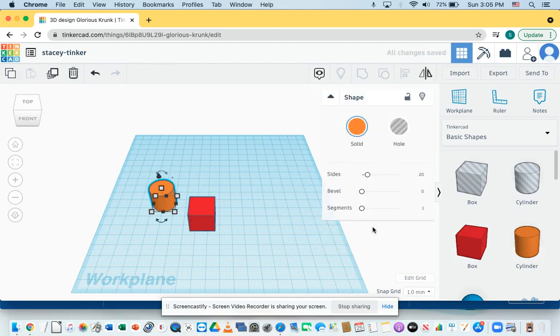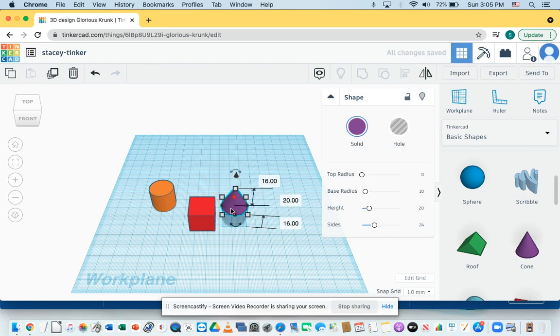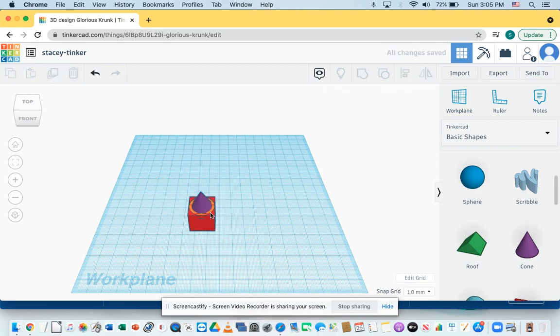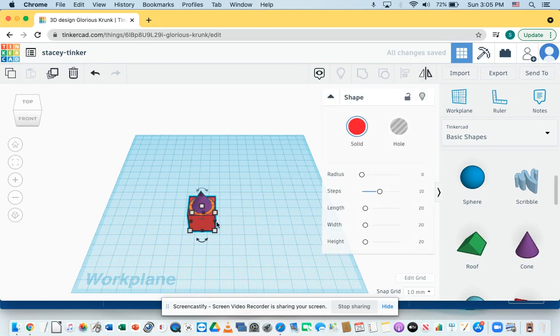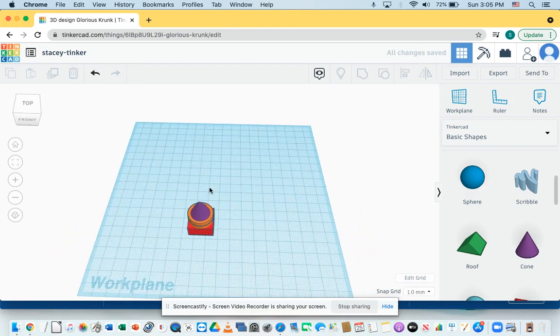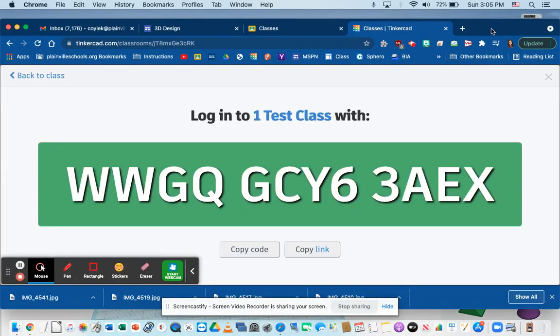Okay, so now that we have this here, let me put a couple of things on the work plane so that we could see a little bit of work when we look at the teacher side. Okay, so maybe we align them a little bit. Let me take that, bring it down. Okay, so just a simple shape. I don't really know what I was doing there. Okay, so now I'm going to go back to my teacher side,